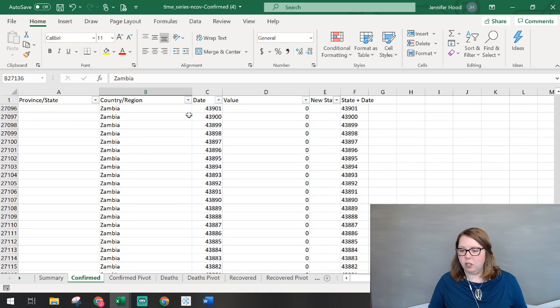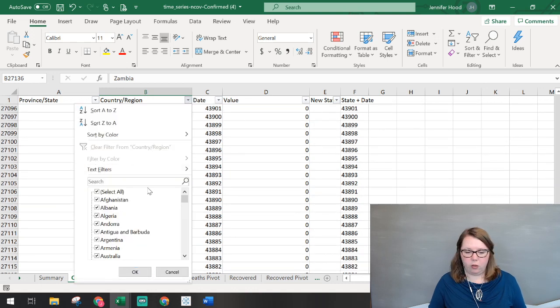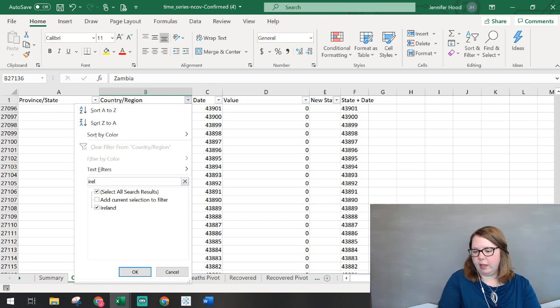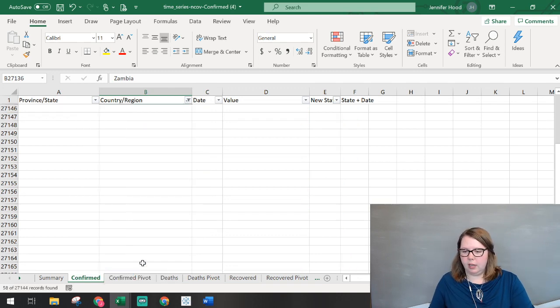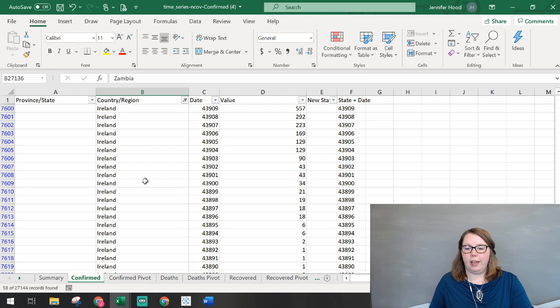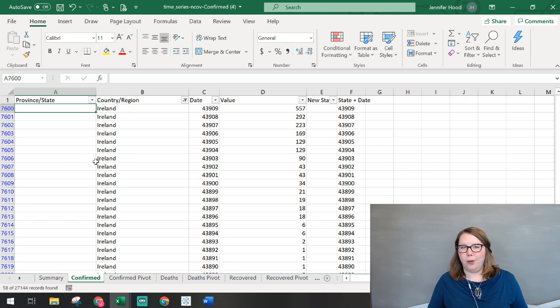So someone mentioned they were watching from Dublin. If I look up Ireland, there aren't even any province, state, or any other subcategories, cities, anything in there. So this whole process I went through, you'd have to do maybe the last 10 minutes of it along the way. So it'd be pretty straightforward.